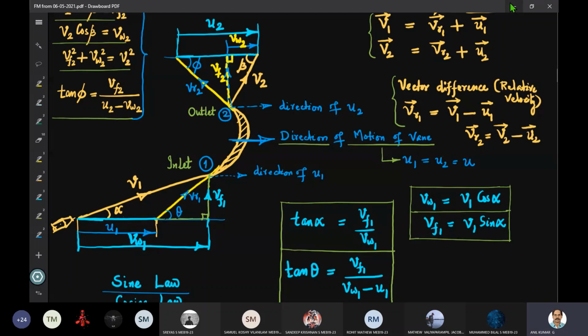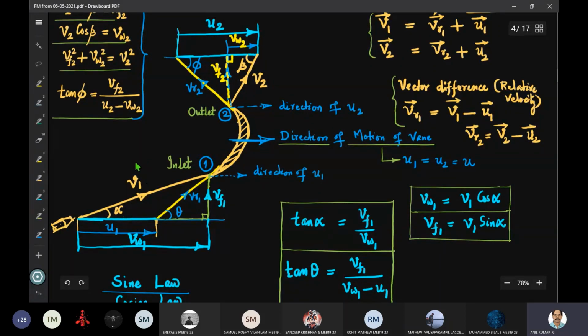This is a topic we have discussed the other day, velocity triangles. In the case of an unsymmetrical moving vane, when the jet strikes tangentially at one end, and the vane moves in another direction. Here in this case, we considered that the vane is moving horizontally. And now we are familiar with the various velocity components.